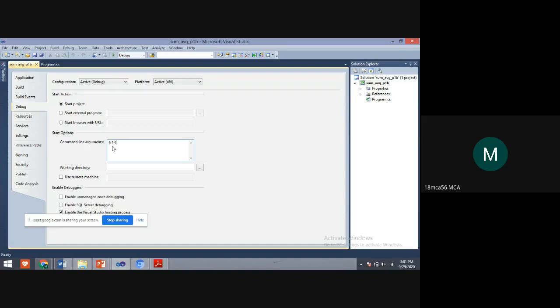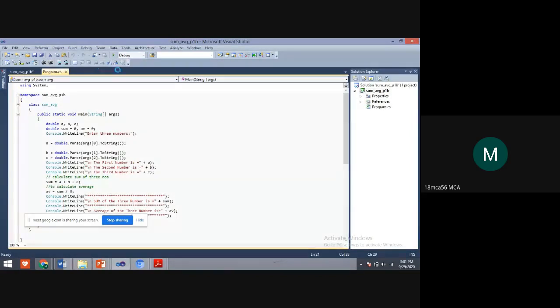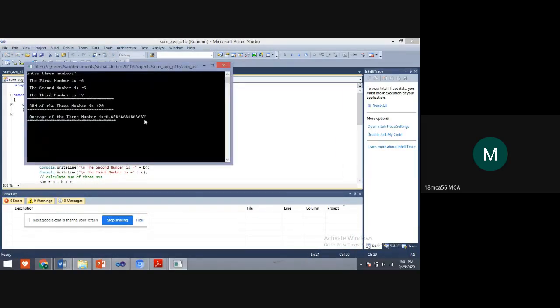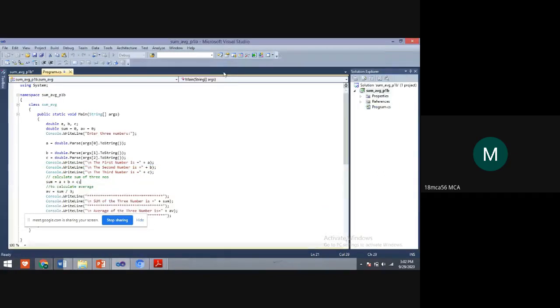The sum will be 20. And average will be 6.666666. So this is the execution of 1B program. This is using command line argument.